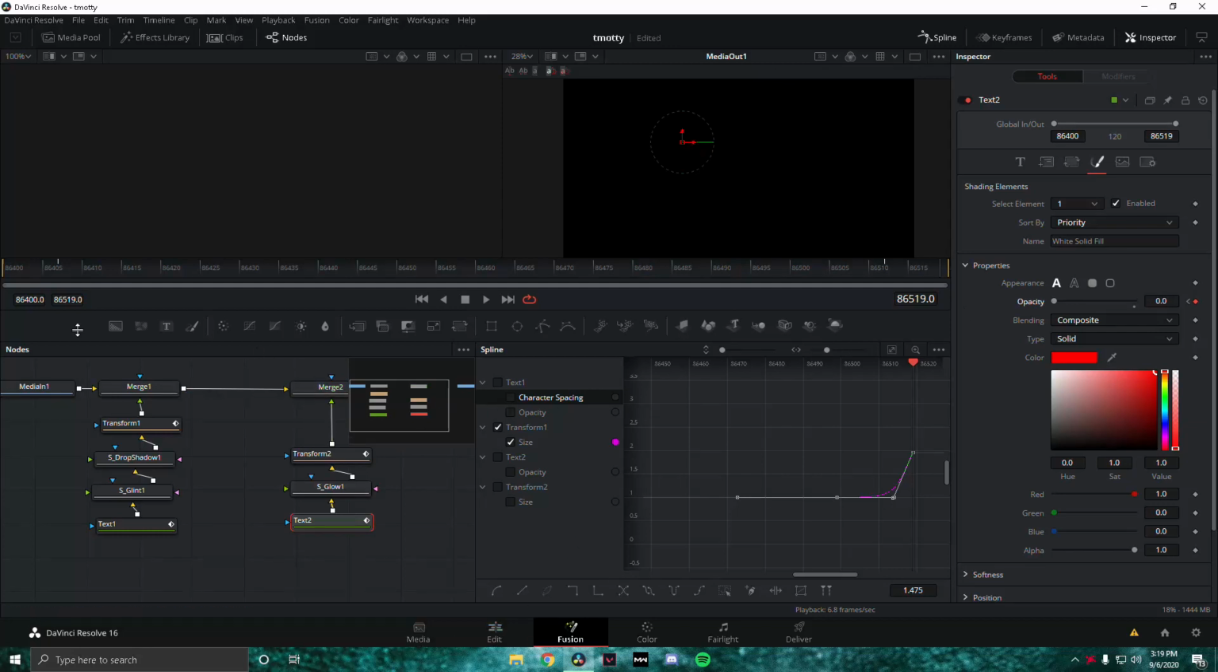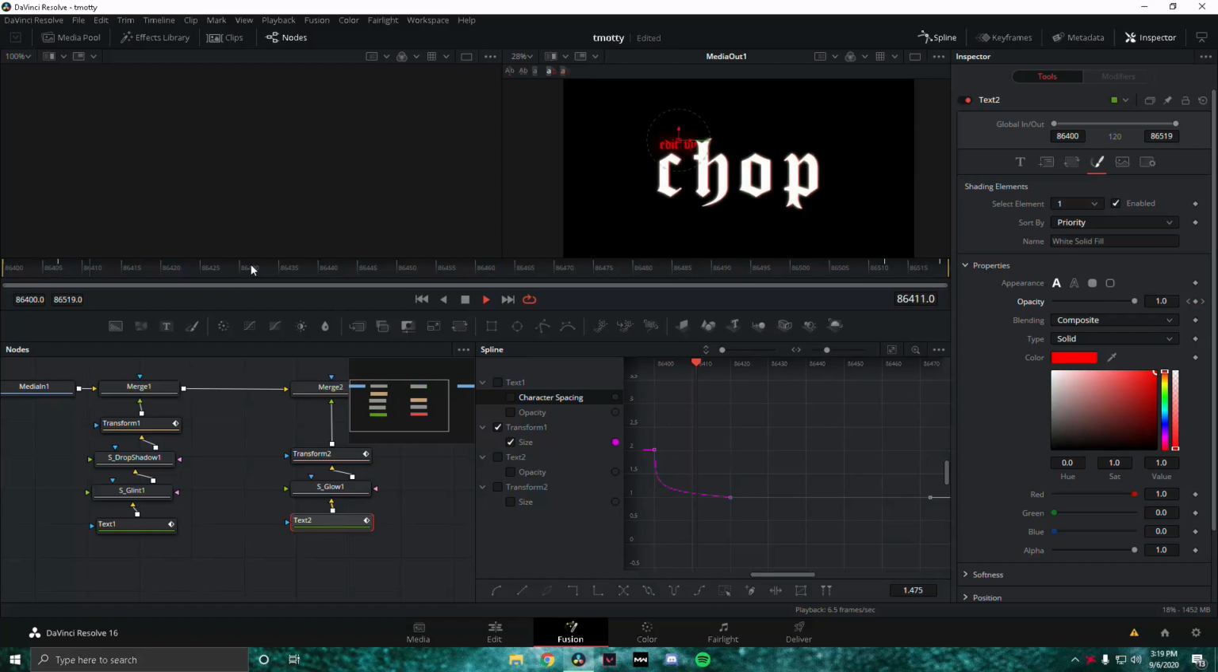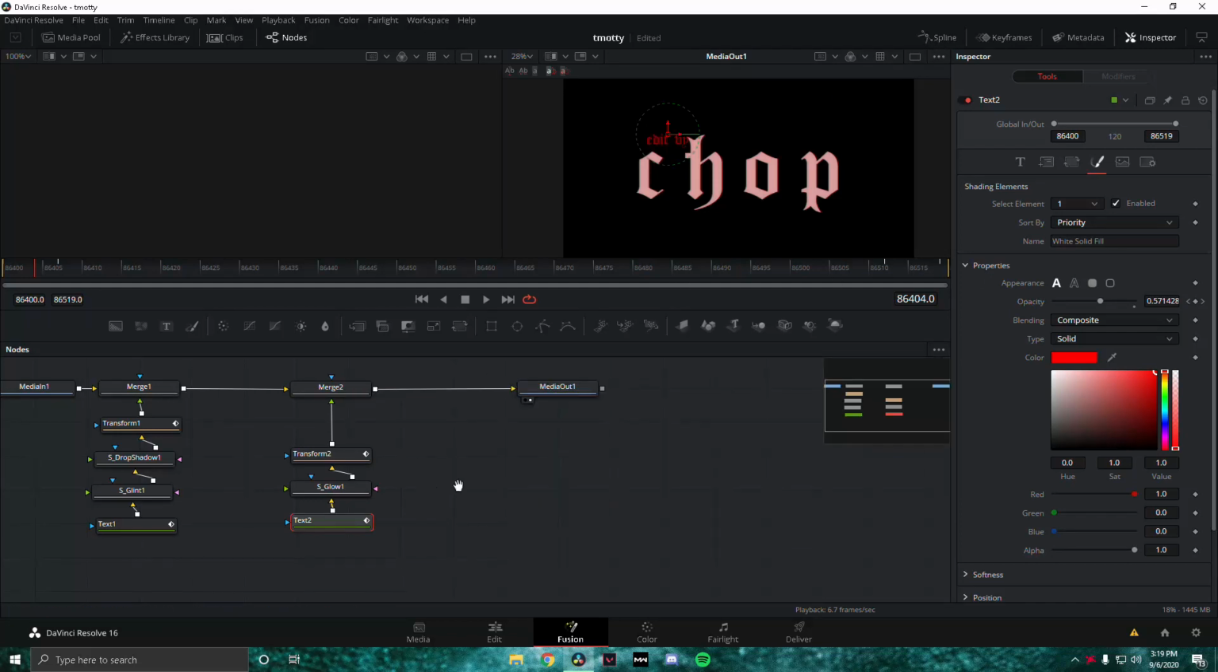So this is basically it for the text part of it. It gives us this really nice fade in, and then it stays like this for however long, and then at the end you also get this really nice fade out. So this looks pretty good, but I'm going to show you how to make it look even better by using